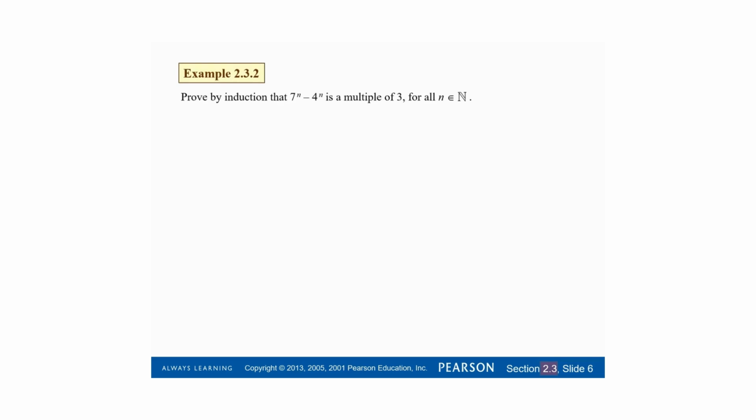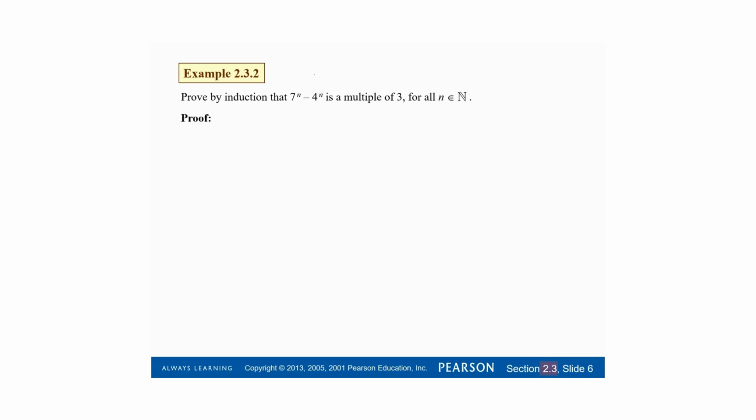Example number 2, example 2.3.2 on mathematical induction. Okay, so we want to prove that: prove by mathematical induction that 7^n minus 4^n is a multiple of 3 for all n belongs to natural numbers. So you need to recall, what does it mean when we say that any number is a multiple of 3? Okay, so this is the equation that represents this one, which means you have